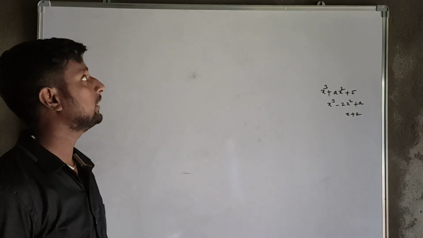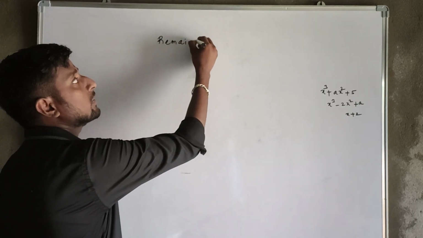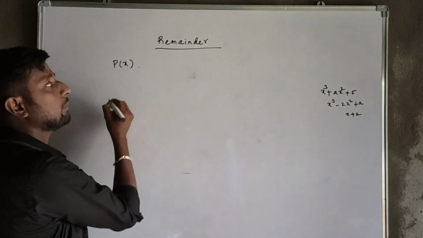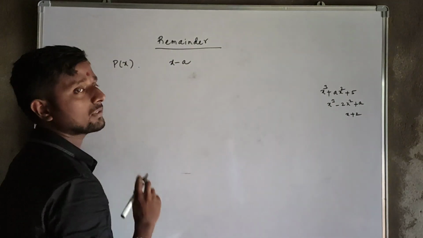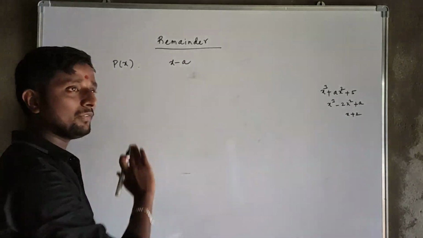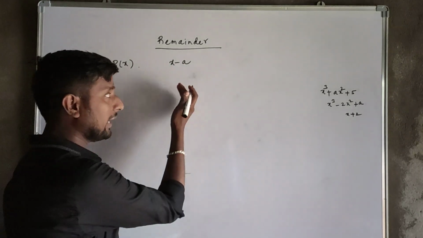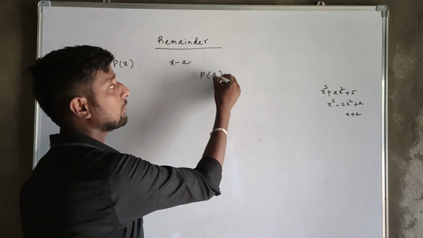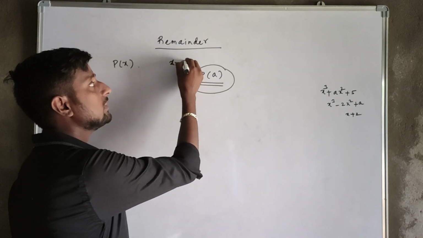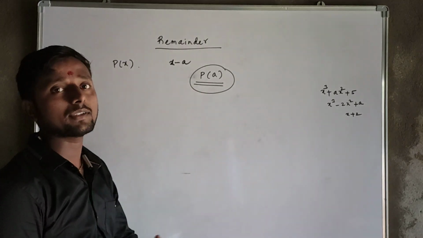Welcome back children. So we'll recall information about the remainder theorem. What is the remainder theorem? The remainder theorem tells us: P of x is a polynomial and x minus a is a divisor. It is a linear polynomial which is dividing P of x. Now if you want to find the remainder of P of x when it is divided by x minus a, the remainder is nothing but P of a. That means instead of x minus a division, we can use P of a. So P of a here can be called the remainder.